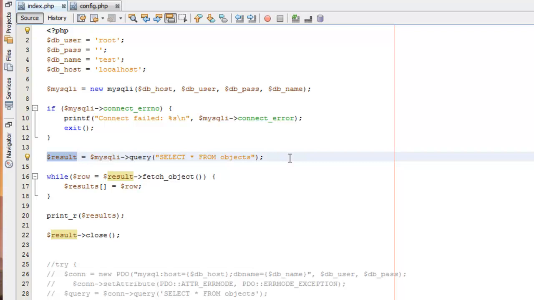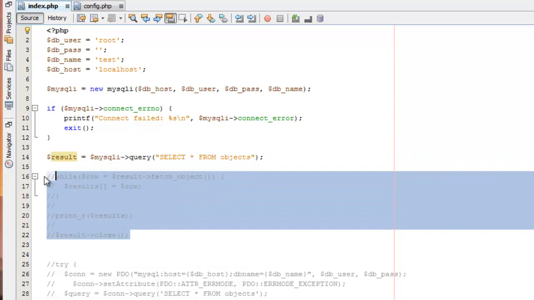That's not actually true. What's stored in result is actually a MySQL resource. So if you just do a print_r on result, you're not actually going to get your results. You're going to get information about the result set. Okay, so just to give you an idea what that looks like, I'll go ahead and comment